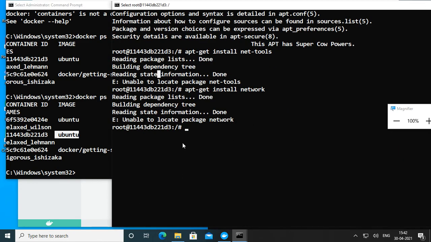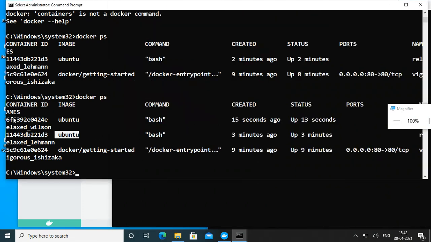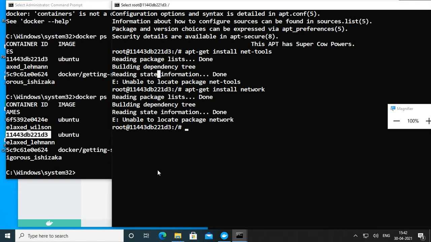You can create multiple containers like that, and each container has a separate container ID. If containers are running, you cannot delete images. You have to keep that in mind. When containers are running, you cannot delete the images. You have to kill all the containers, then delete the image.